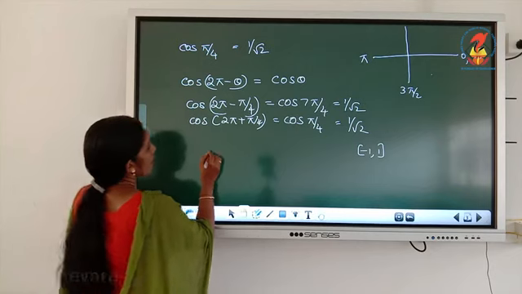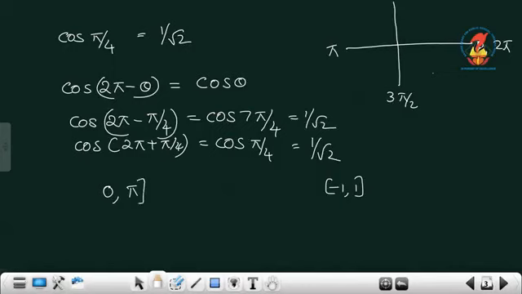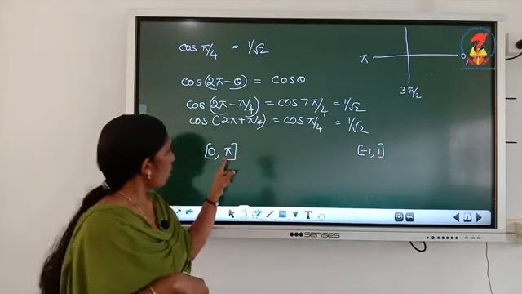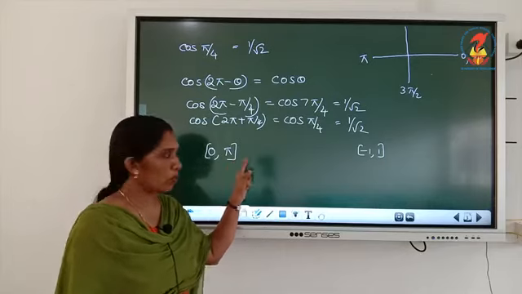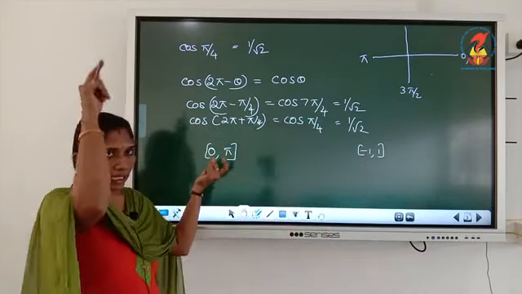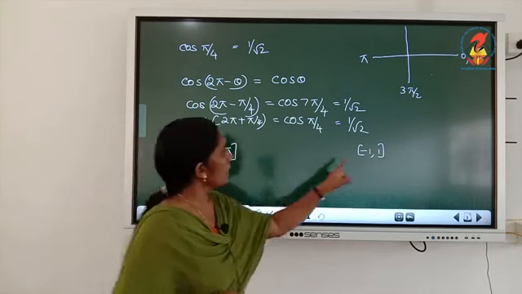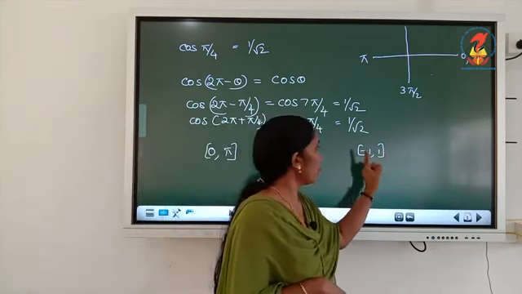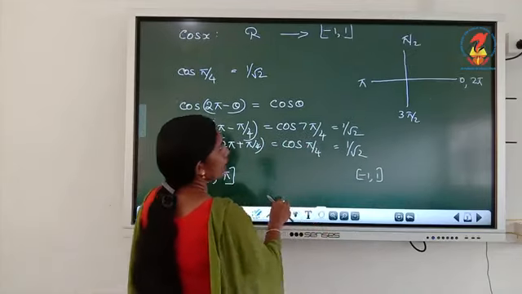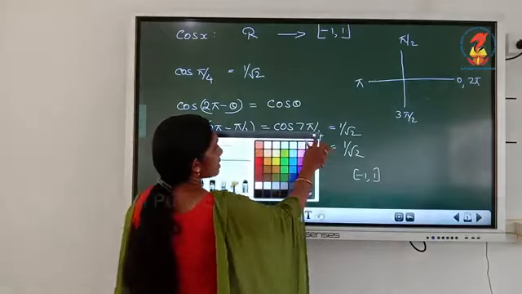So one interval is, let us take 0 to pi. What is cos 0? Cos 0 is 1. Cos 180, cos pi is -1. And in between we have 90 degrees, pi by 2. Cos pi by 2 is 0. 0 is in between -1 and 1. And also 0 to pi means the interval